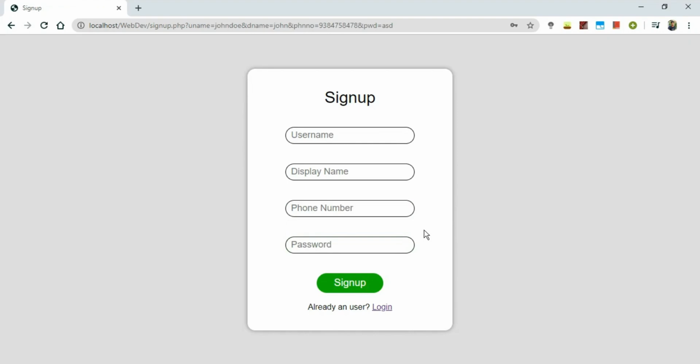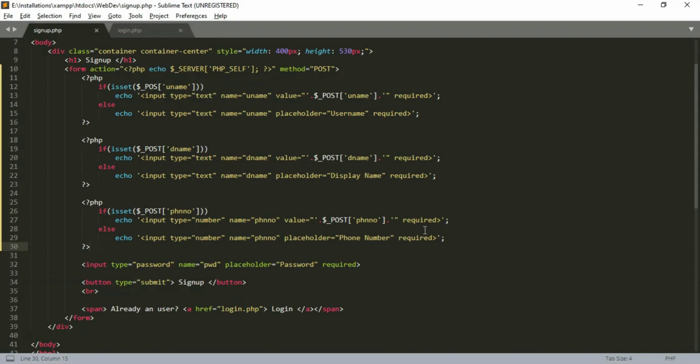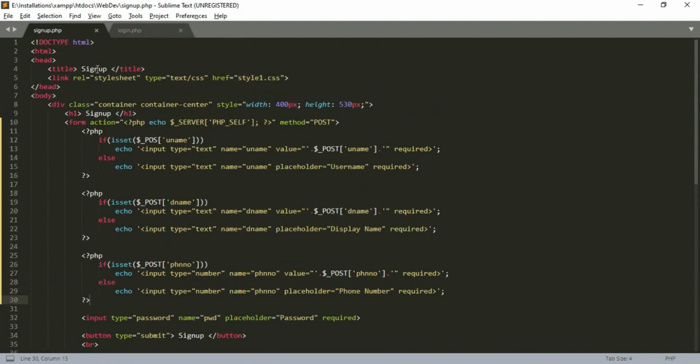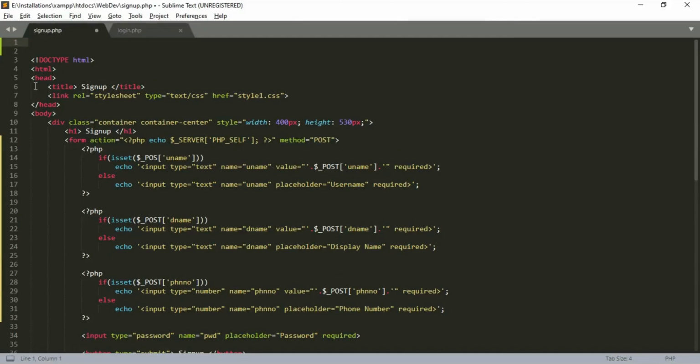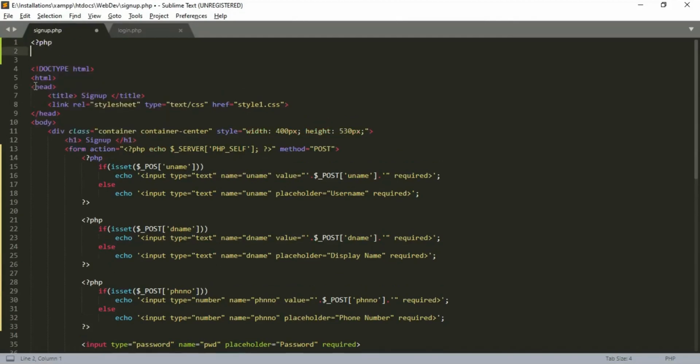Oh, we forgot to start the session at the beginning. So we start the session in the beginning. The reason why we need to start a session is because in order to access the server superglobal, we need a session. Within PHP tag, session underscore start.